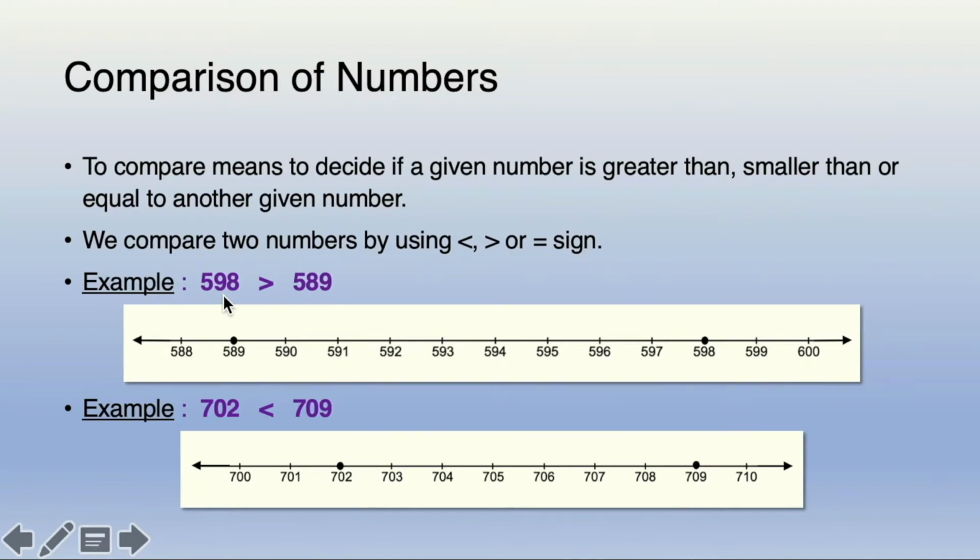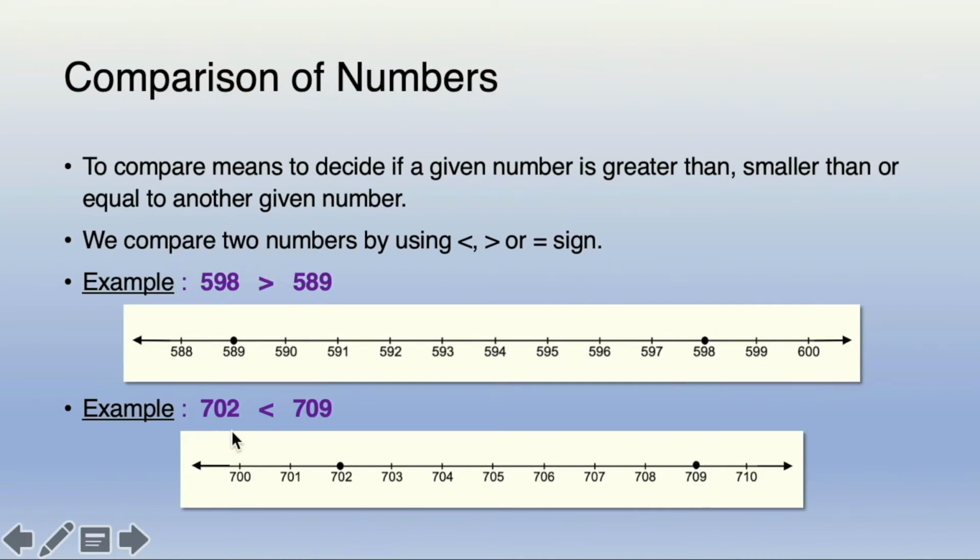Now, over here, the two numbers given are 598 and 589. So, along this number line, we see that the number 598 comes after the number 589. So, 598 is greater than